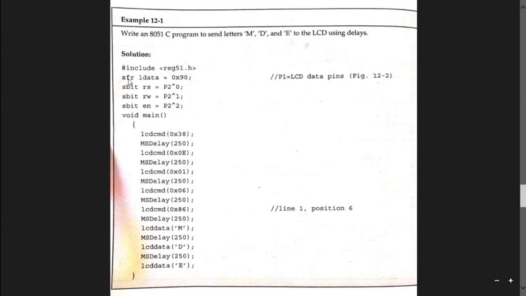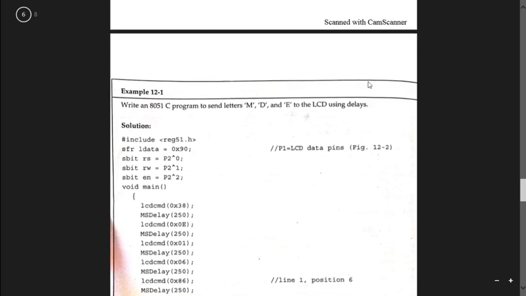So this line, sfr LCD data, is for initializing all the LCD data pins. Got it? This work was not done in the assembly language program. Here we are just initializing the LCD data pins also. There it is assumed that it is already initialized per figure 12.2.